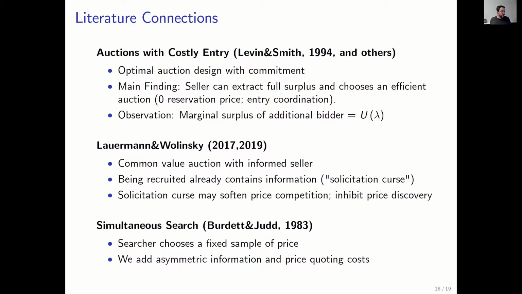I was trying to get a home repair, and it's actually not so easy to get lots and lots of price quotes. People are reluctant to come to my house and make me a price quote. There are costs of quoting prices. So this is simultaneous search, and basically what we're doing here is bridging auction theory and search theory. That's also why the title was Auctions with Frictions.